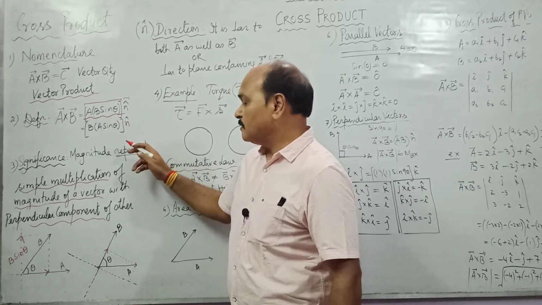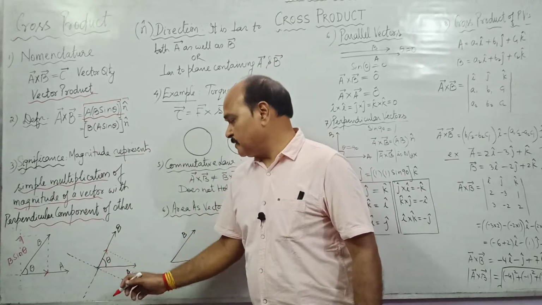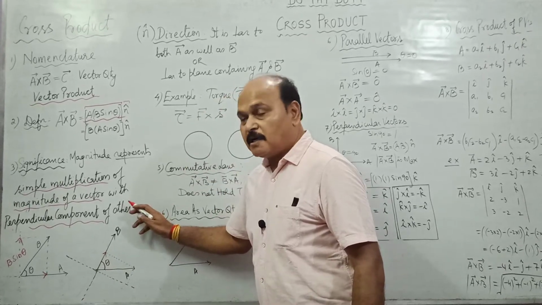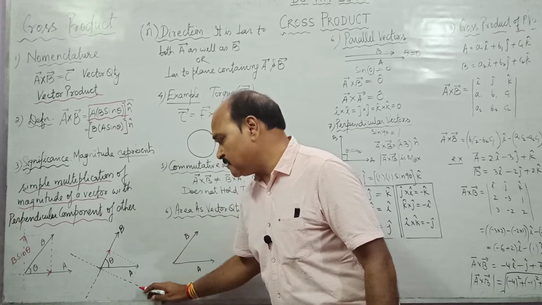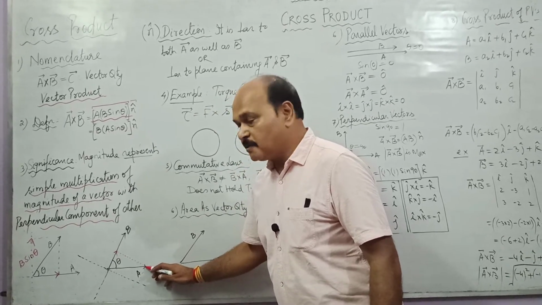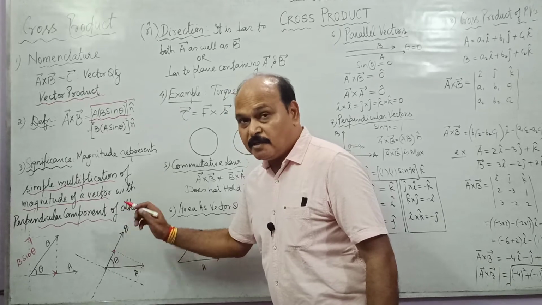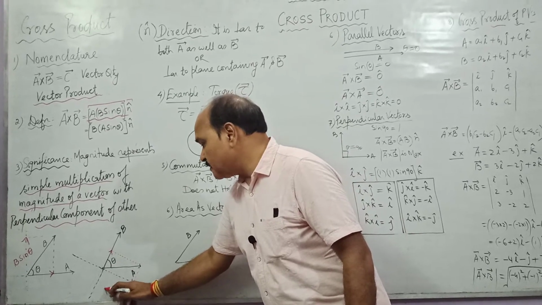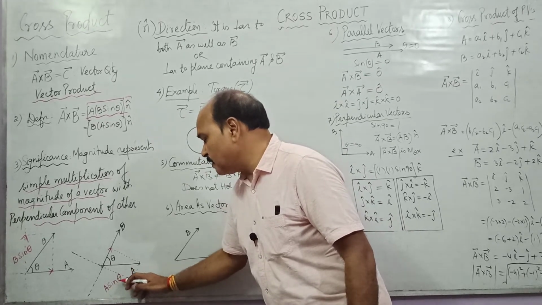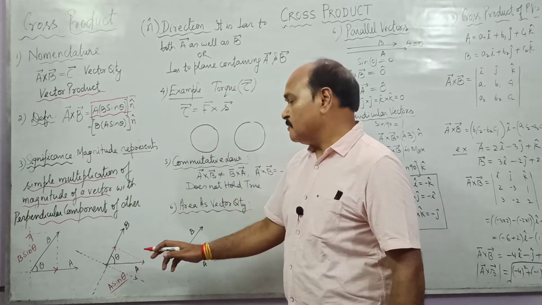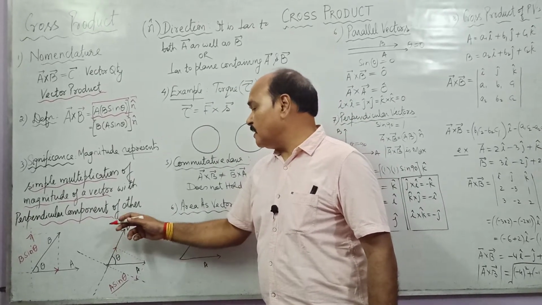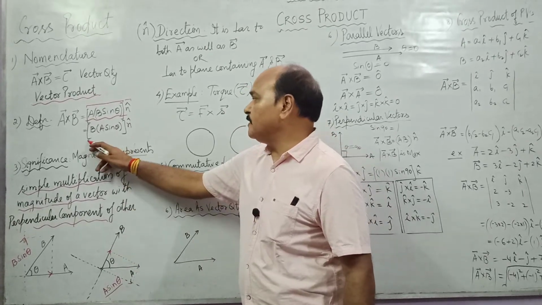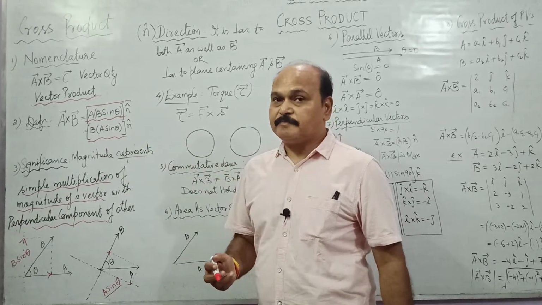See. It can also be understood the other way. This is A, this is B, angle between them is theta. If we take B as one of the axes, another perpendicular axis is like this. Now in this situation, A will have two components. One along B, which is the parallel component. Here we have nothing to do with the parallel component. The other component is what? This, which is A sine theta. So this A sine theta is perpendicular to B. So cross product of two vectors A and B is simple multiplication of B with A sine theta. And of course it has direction.